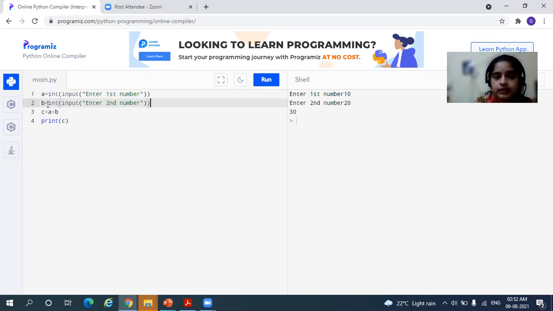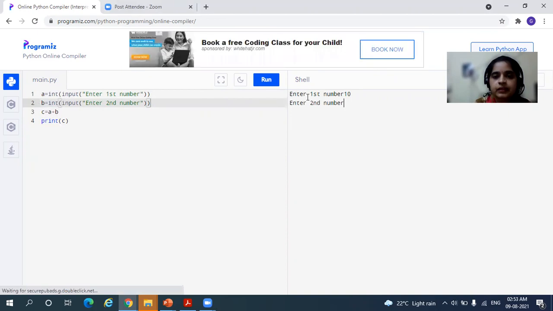So what is this int? Why do we use it here? If you have questions, hold on. We'll be covering this in the coming videos. Okay. So C is equal to A plus B. Fine. Print C. Let us see if it prints the numbers. If the first number is 10, I'll give. Enter first number 10. Then second number 20, I'll give. So the answer is 30 here.